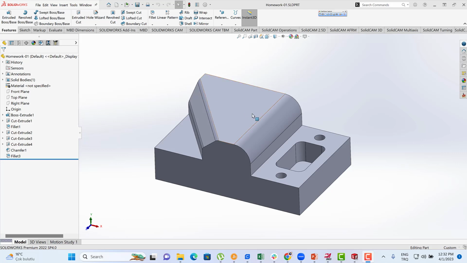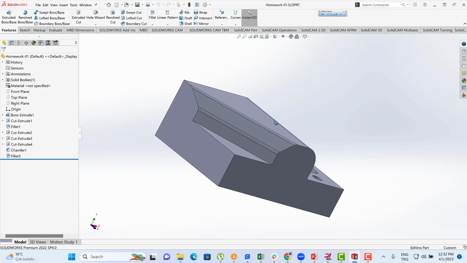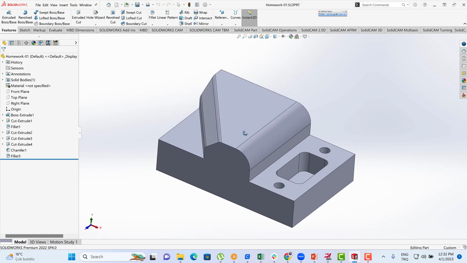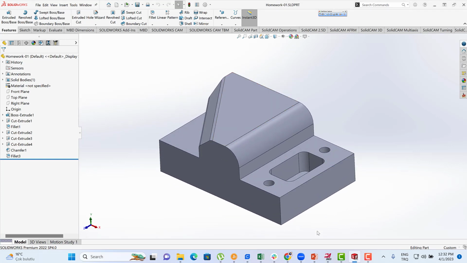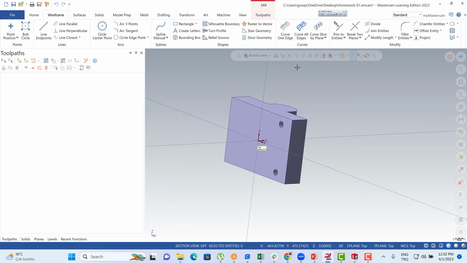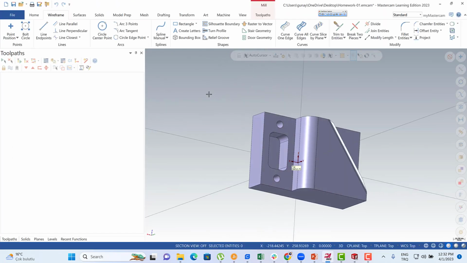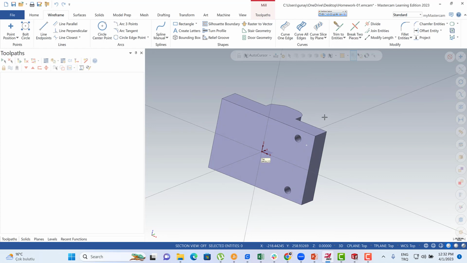In that lecture, we're gonna talk about how we can create that kind of product by using Mastercam. Okay, I'm gonna use Mastercam. Okay, this is the Mastercam part,